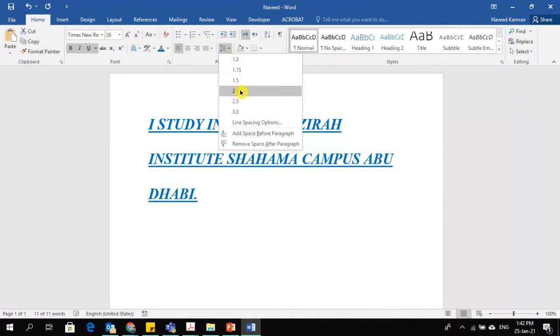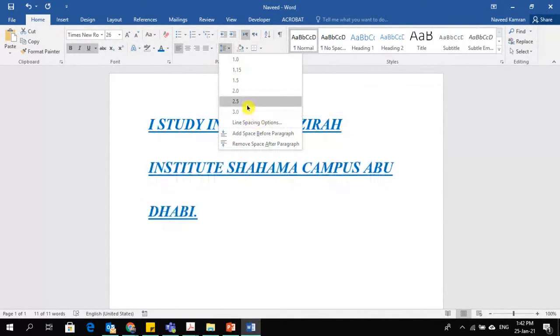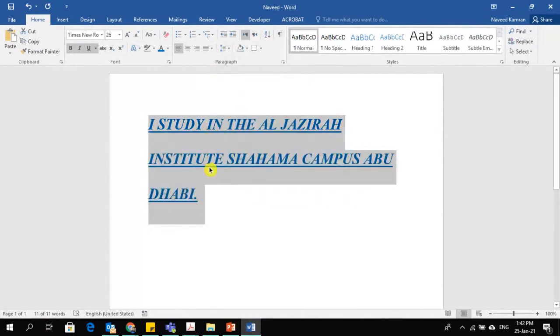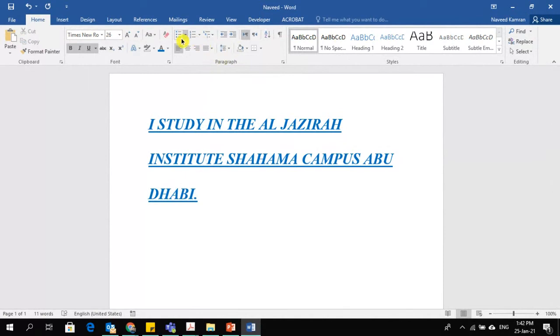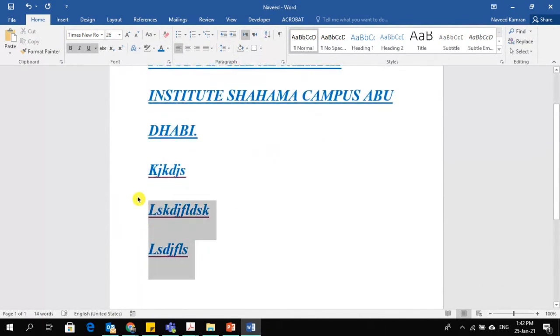Okay, here you can increase the space between the lines from here. Okay, line spacing options, you can increase the space between the lines. Now these two lines are far apart. Okay, I'm writing a few random words,